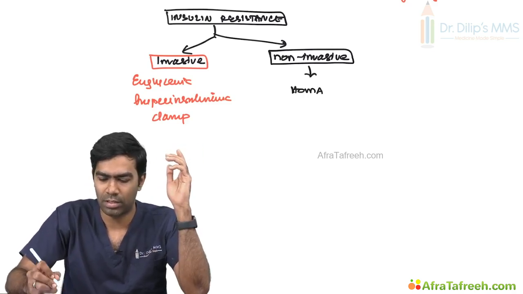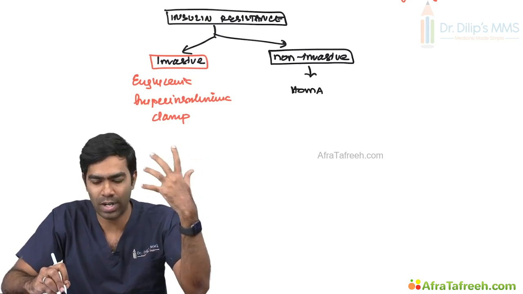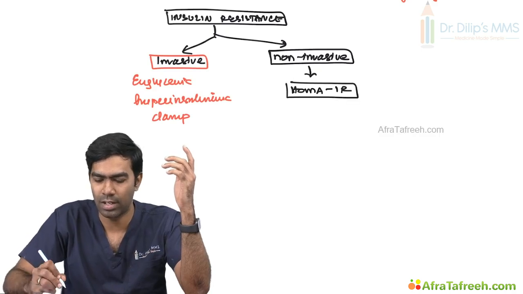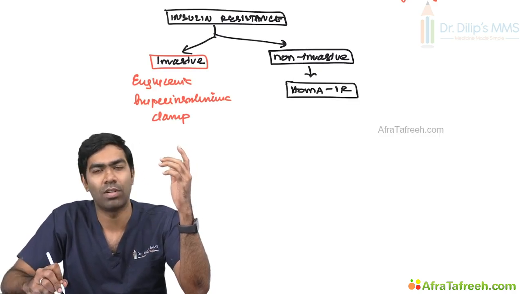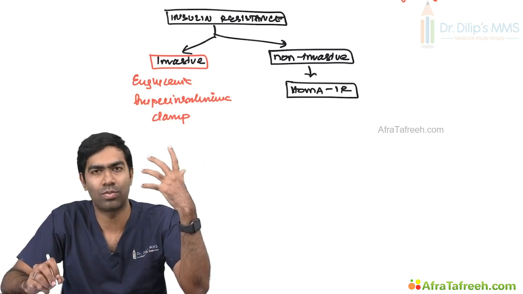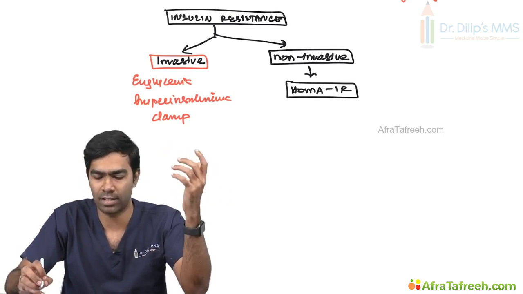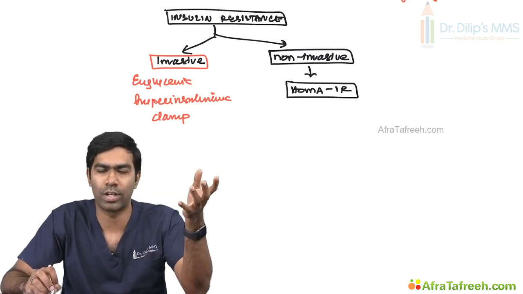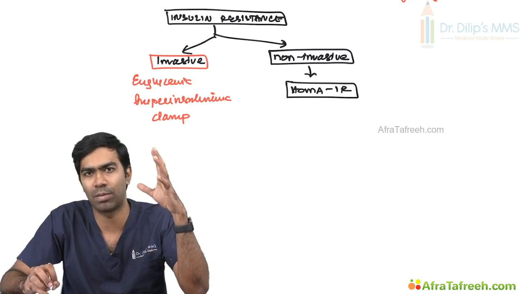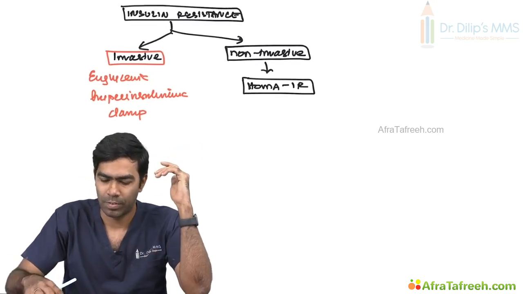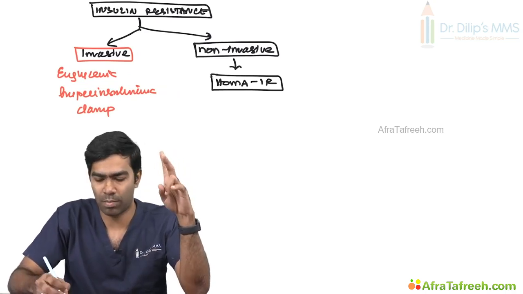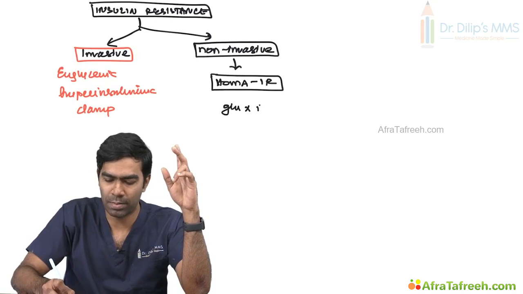The typical index preferred for quantification of insulin resistance is the HOMA-IR index. That stands for homeostatic model for assessment of insulin resistance. We have a separate HOMA index for beta cell function as well, which I'm not going to discuss in this particular video, but let us see about the HOMA-IR index. HOMA-IR can be measured using a formula: glucose multiplied by insulin divided by 405,